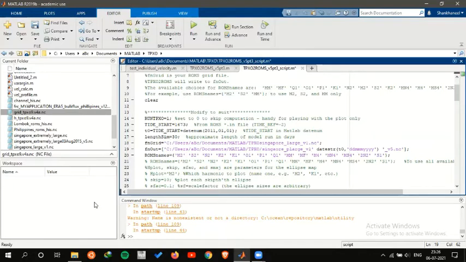Now you have to choose the time for which you want to create your TPXO file. For the TPXO file, you need to know the exact time for which you want to create your forcing. For example, if I want to create it for 2015 in the month of August, say 1st August, then I have put it as 1673.